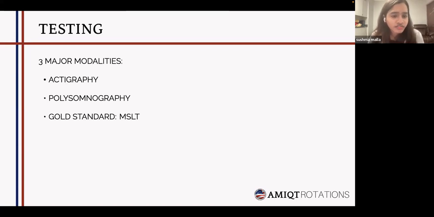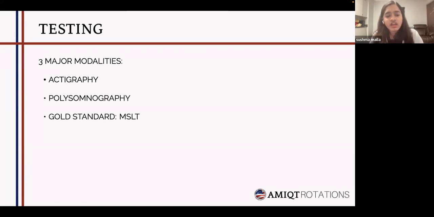And polysomnography usually has a lot of leads that assess eye movements, respiration, EEGs, and ECGs in some cases. It measures all the phases of sleep, including deep and rapid eye movement phases, and the latency and how fast every stage goes by. And by this, we make a lot of diagnoses as well.